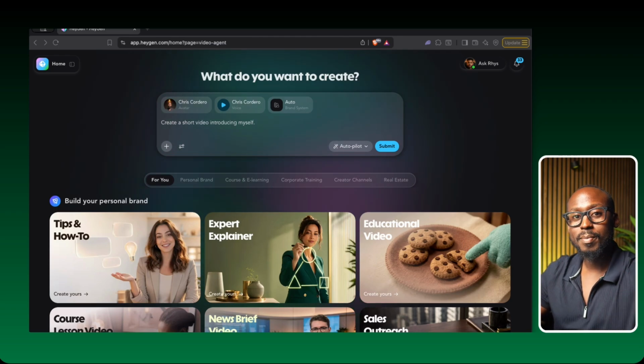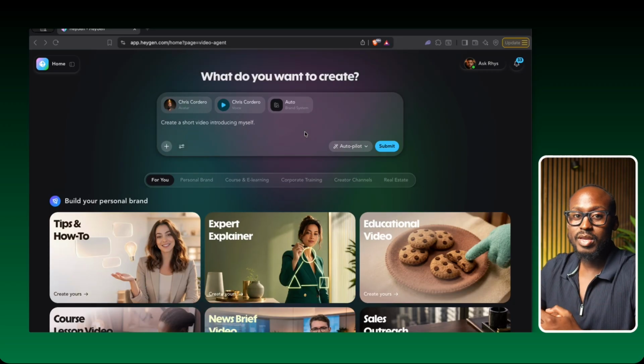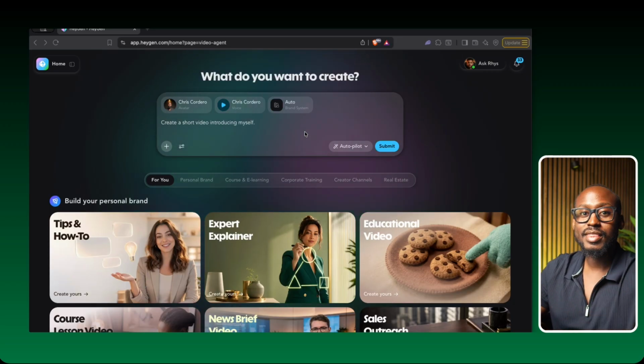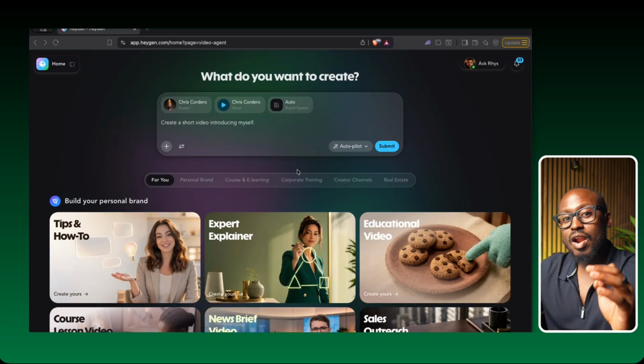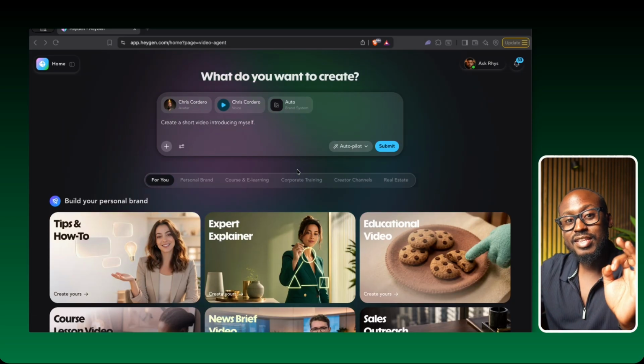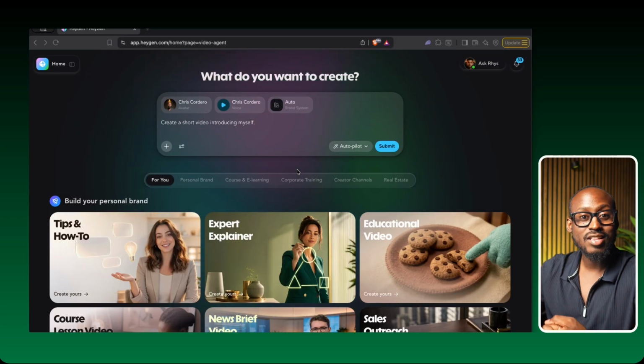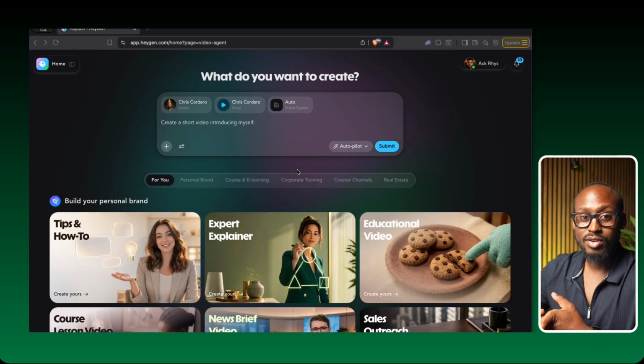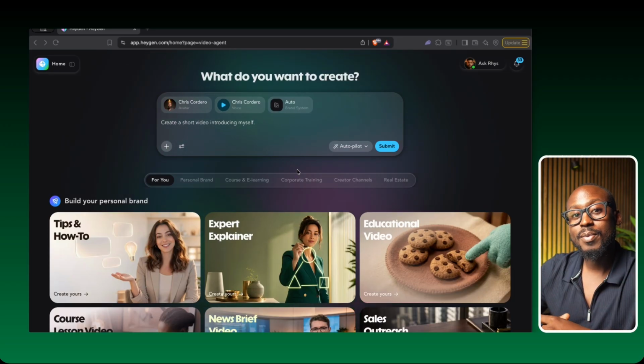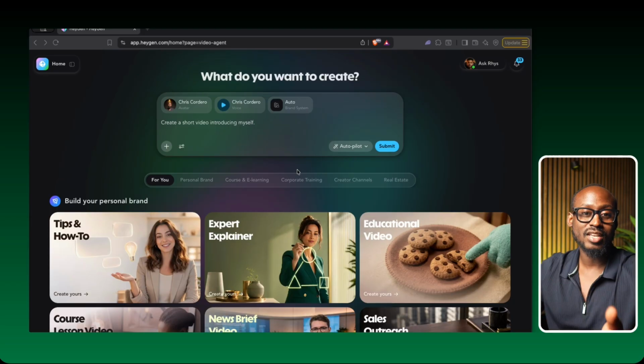The easiest way to think about it is as a machine. Your idea goes in one end and a finished video comes out the other end, and you never have to know anything about what happens in the middle. And that's the part I really want you to sit with, because there's nothing here for you to learn. You're not hunting for a setting you've never used before, and there's no new button to figure out. You're telling it what you want to talk about, the same way you'd explain to somebody sitting across from you.